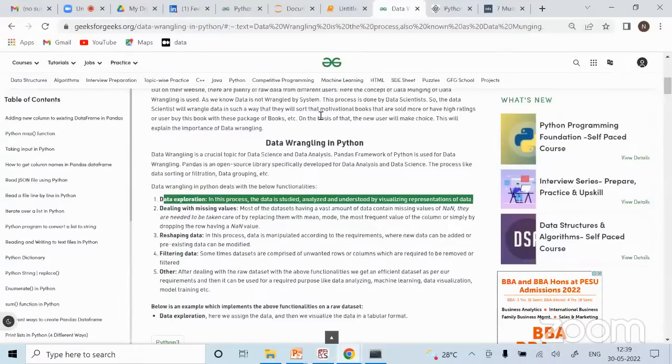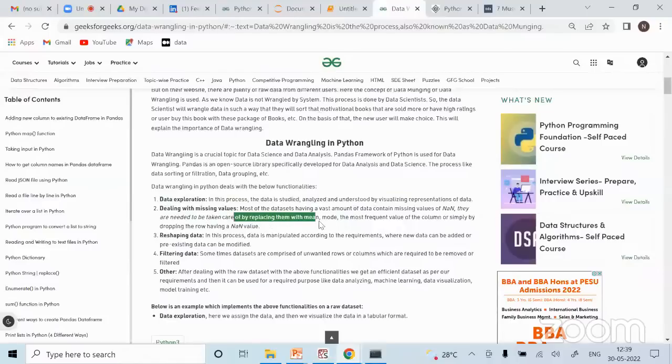Okay. So you should know how to take care of it, either with mean, mode, or most frequent value. Let's say if it is a categorical column, you cannot calculate the mean of it, right? So you calculate the mode for that. What is mode? Most frequent value. So you can fill it with whichever value is repeated the most, since most likely that missing value is that only, and you simply replace it by that.